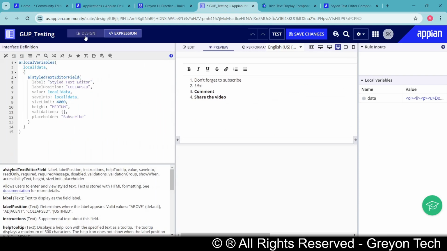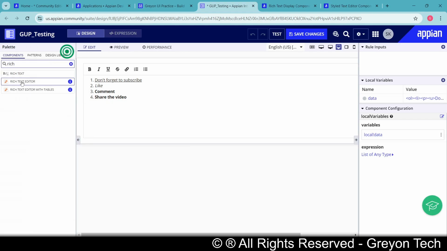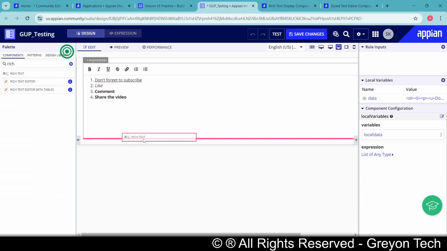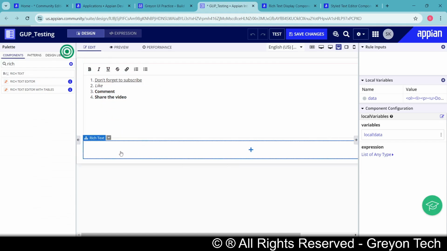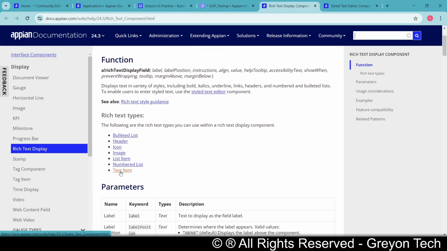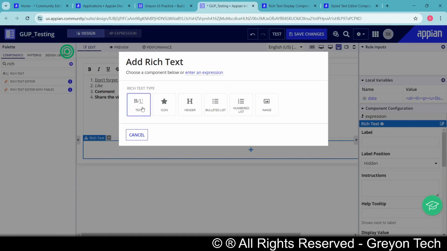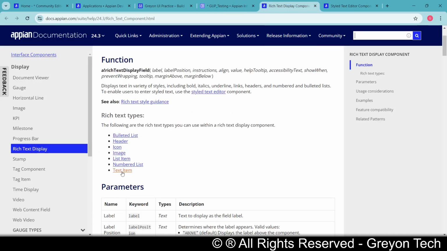If you go back to the design mode and search for rich text, you can see that there is a rich text display component where you can add these kinds of components. You click on add and you can see text, icon, header, bulleted list, numbered list, or image. You know, the same things.